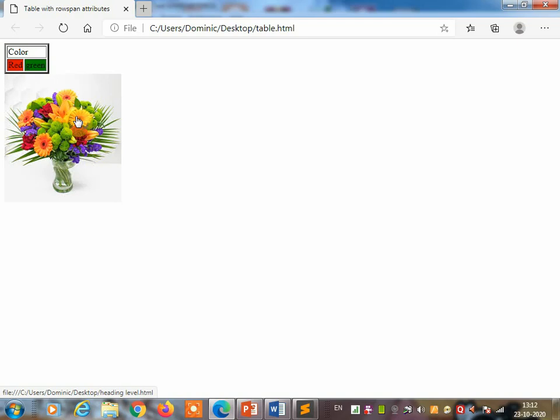Nowadays many websites have forms and accept data from the user online. This year we also asked students to fill in the online form for admission. To take admission to different colleges, you have to fill in an online form. For that reason, we are going to learn how to create a form. A form is a collection of different elements, also called controls, like text box, radio button, check box, submit button, and many more.